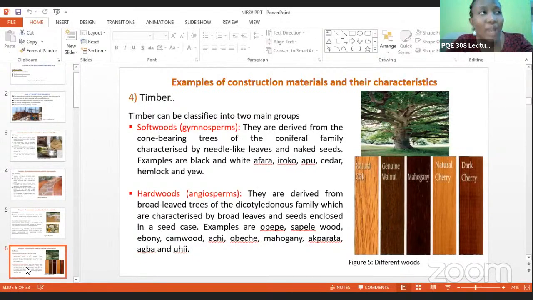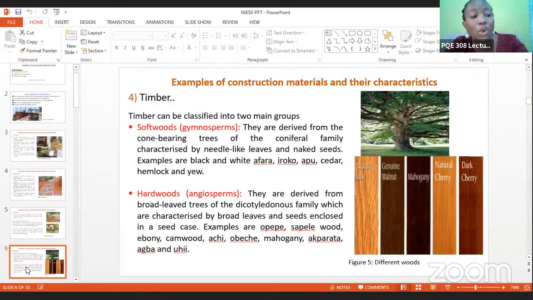However, when a tree is being felled, that is when a tree is being cut, at that point we call it wood. It is not timber at that point. When it is being felled from the bush and transferred, it is still wood. But by the time it is sawn into different sizes and treated, what I mean by treated is seasoned. What do you understand by seasoning? Seasoning means the removal of moisture from our wood. That is when we can say we have timber, after it has gone through that process of